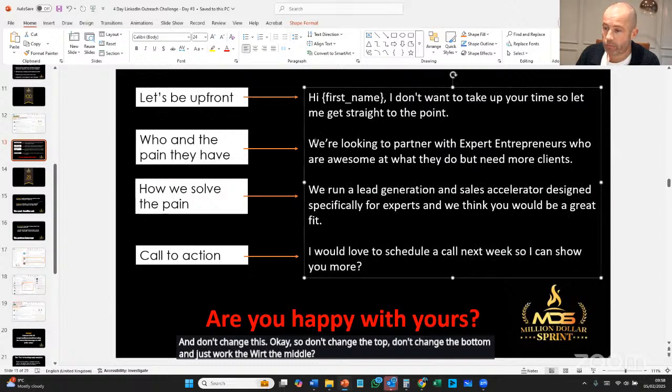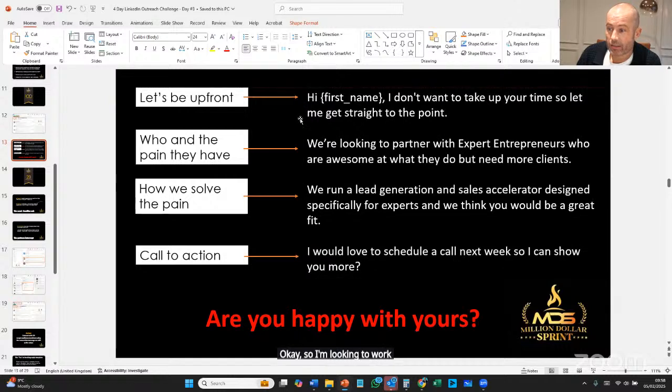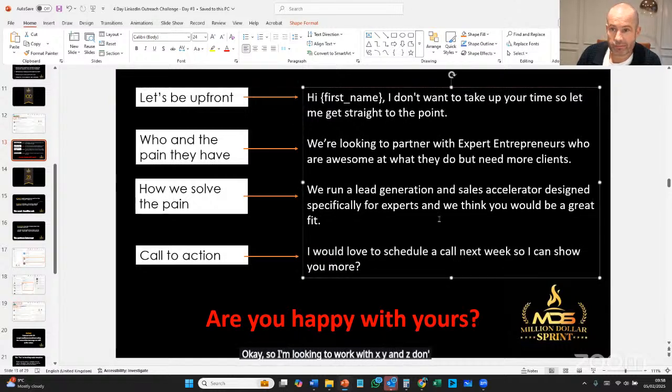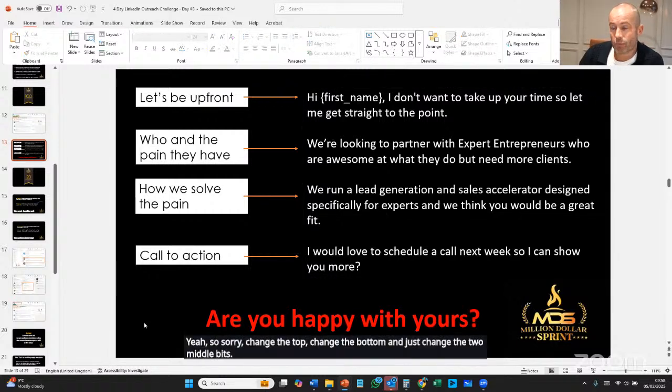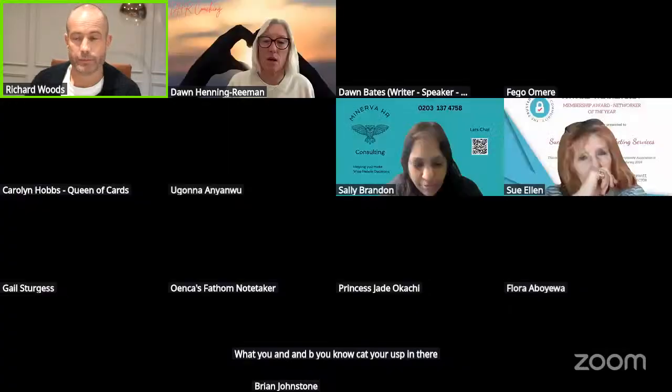Okay, so I'm looking to work with X, Y, and Z. Sorry, I mean change the middle, just change these two middle bits. So just go back to that template and rework it, and get your USP in there. That's what I'd say.